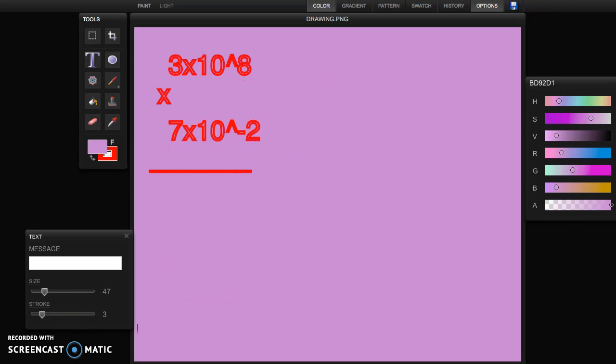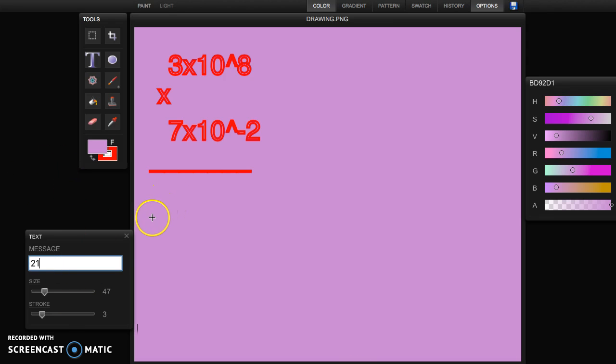So now I've deleted everything and made it into a new page, and we're starting off at 3 times 10 to the power of 8 times 7 times 10 to the power of -2, because then we would see if it's equal to 20 million people who eat at that restaurant or not. 3 times 10 to the power of 8 times 7 times 10 to the power of negative 2 would be